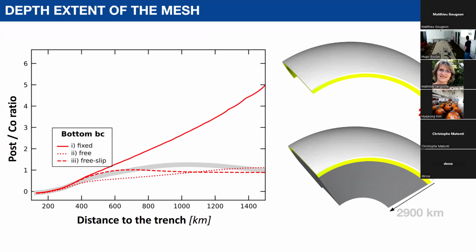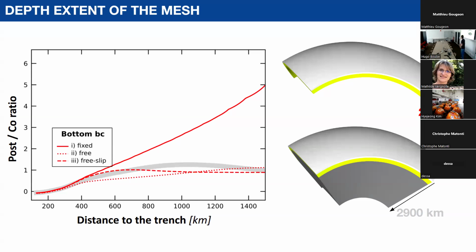So here is the reference mesh, a Chile mesh 1.0. And here you have a version that is truncated at 270 kilometer depth. What I'm showing you here is, as a function of distance to the trench, the post-over-co ratio. So it's the cumulative post-seismic displacement normalized by the co-seismic offset. It's quite a good quantity to observe both co-seismic and post-seismic deformation agreement